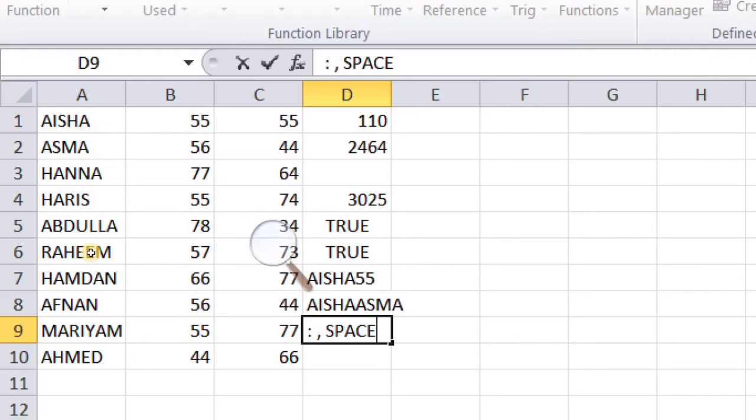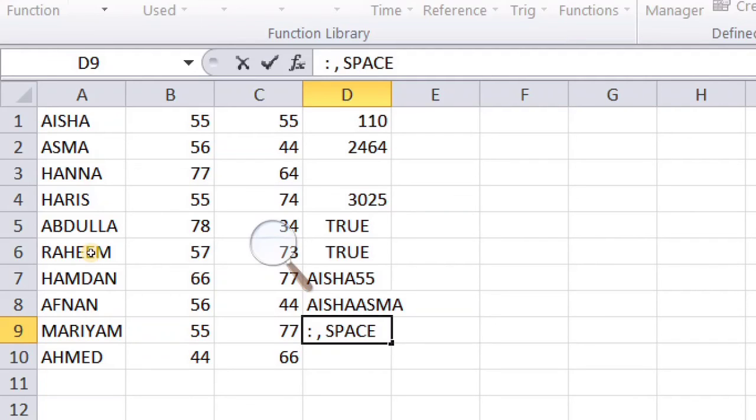Next, the comma. It is called the union operator. The union operator combines multiple cell references into one reference. Suppose there is A1 to A4 and C1 to C4. These two references can be combined using a comma.